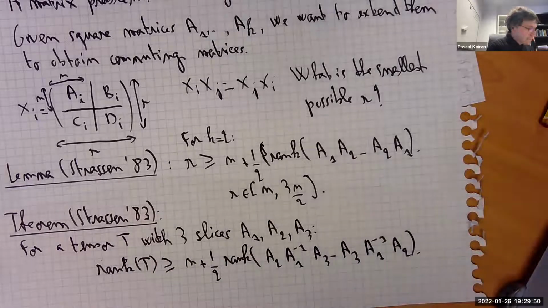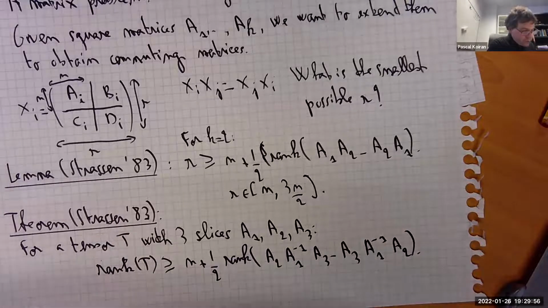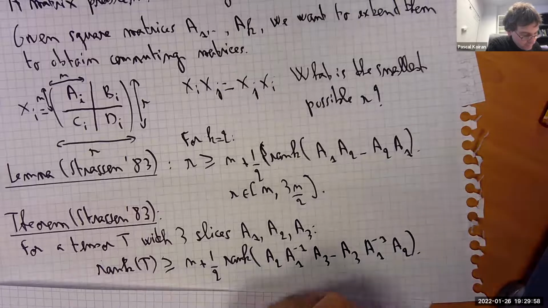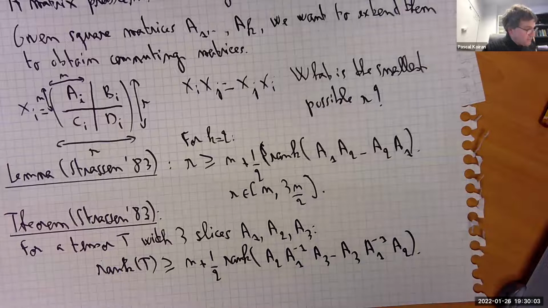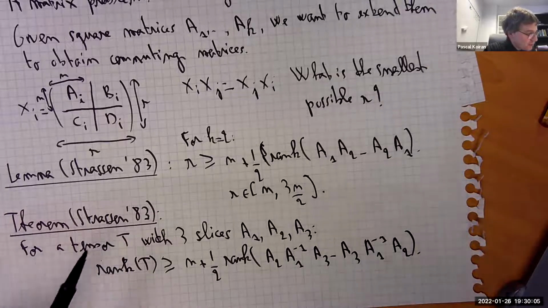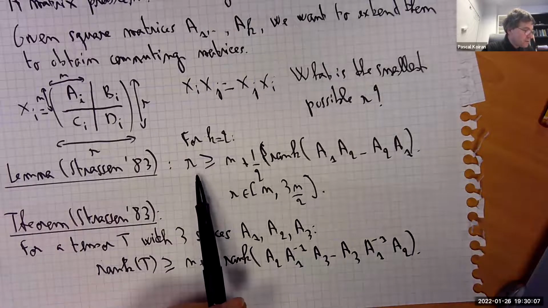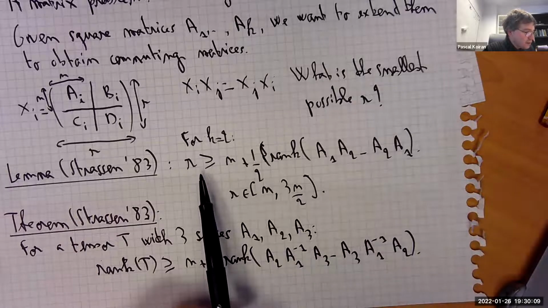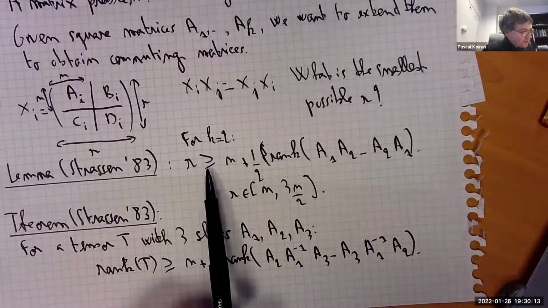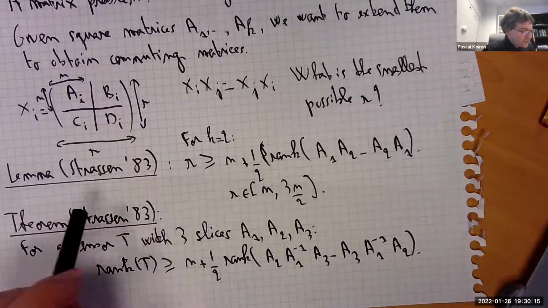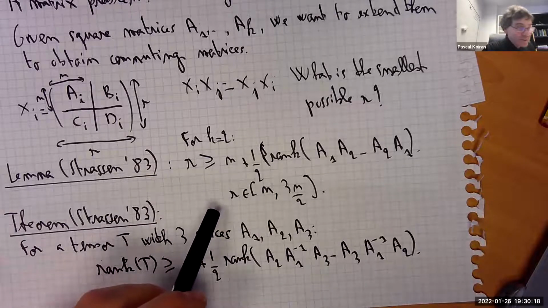Okay, so what do I want to explain next? Yes, constructions. We have this lower bound here, and as I said, that's the only one I know in the literature about the size of commuting extensions. And I can already give you the take-home message: we need more bounds like this.